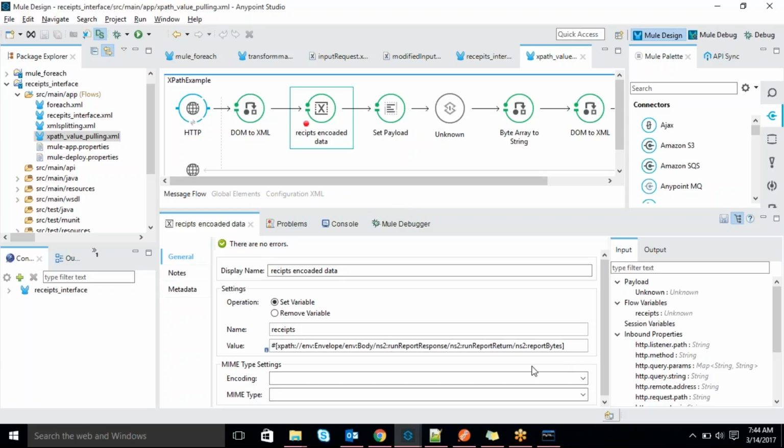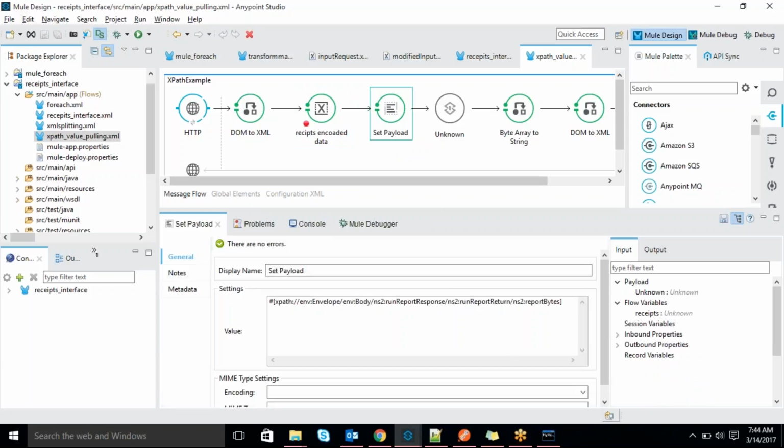Whatever the report bytes is, it is nothing but the receipts data. That data it will segregate. The report bytes tag is there, and whatever is between the open tag and closing tag, that information it will get and store into the set payload. After that set payload, we need to decode it.